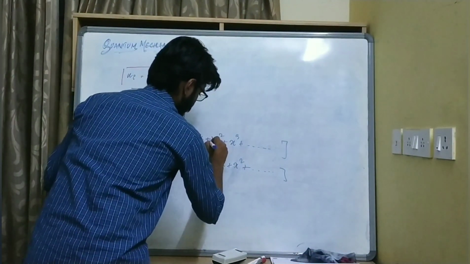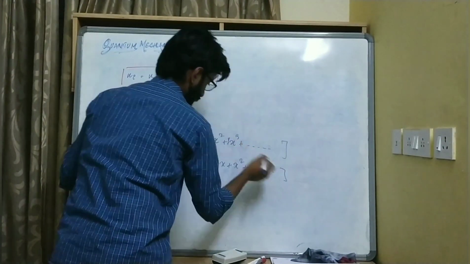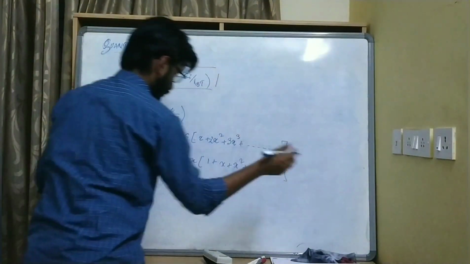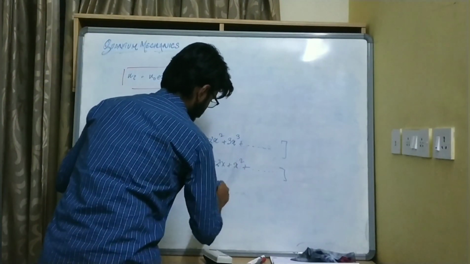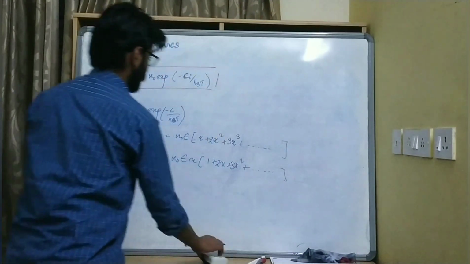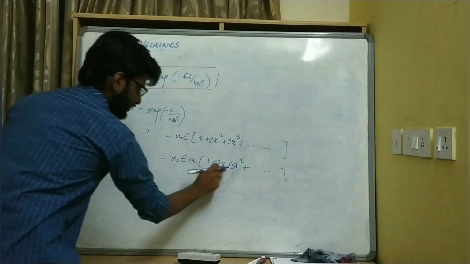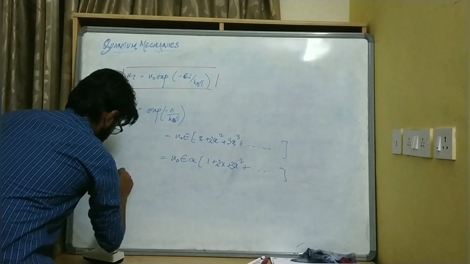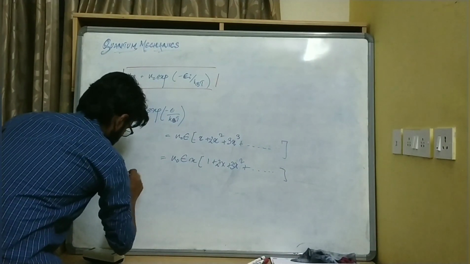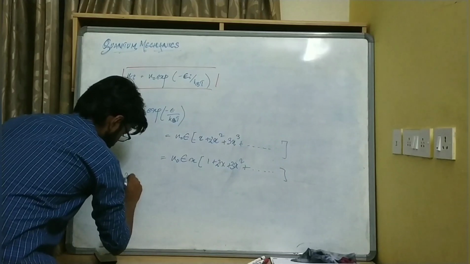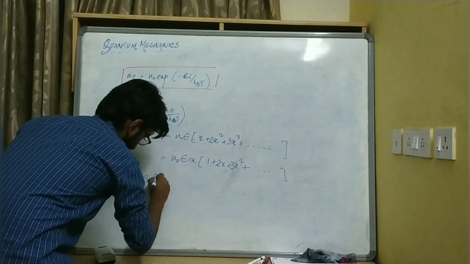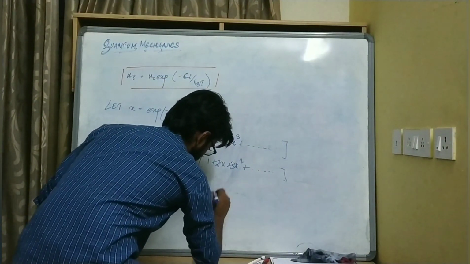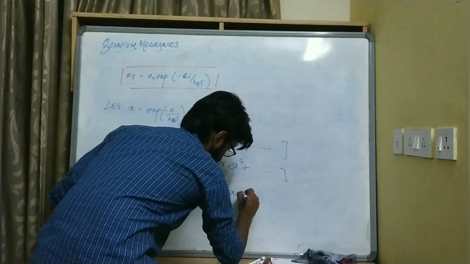This is actually 2x square, 3x cube, and plus 3x cube and so on. So this will be 2x, taking x common, 3x square, so on. So this term in the brackets can be written as 1 plus 2x plus 3x square plus so on, which is some derivative of this expression. If we look into this,